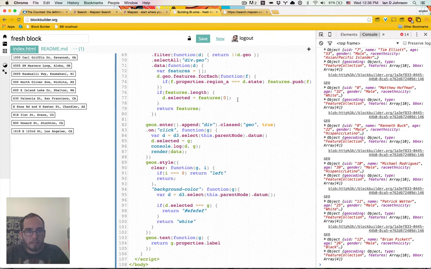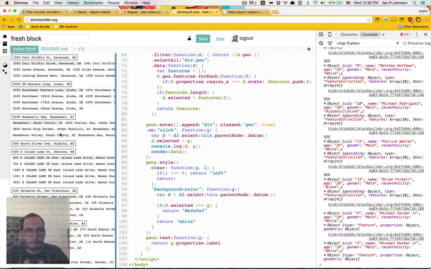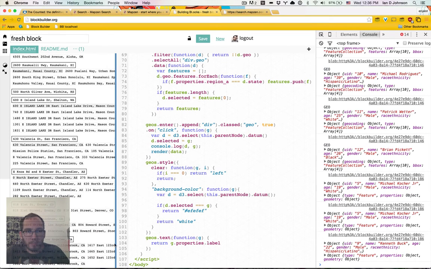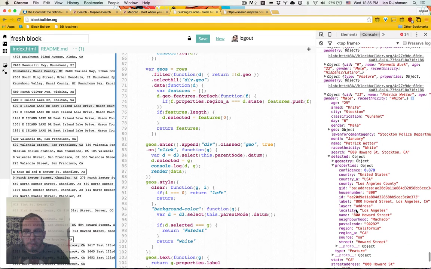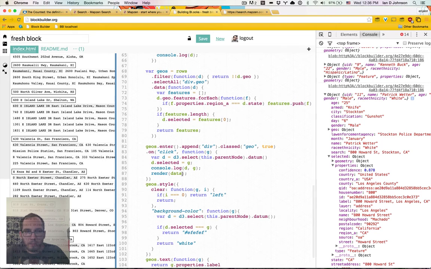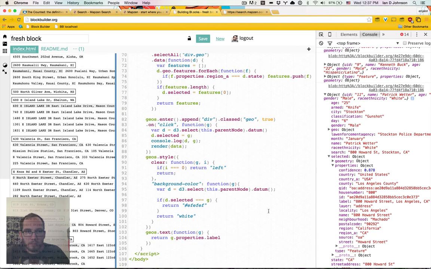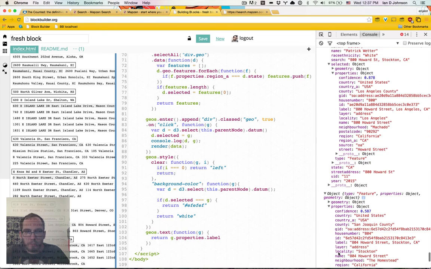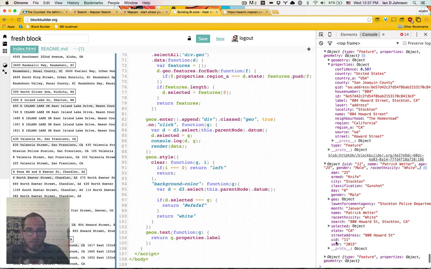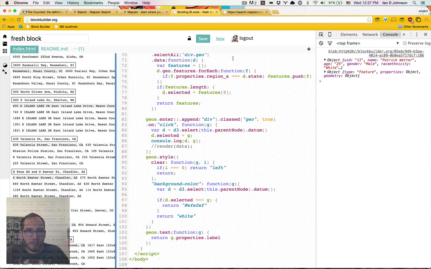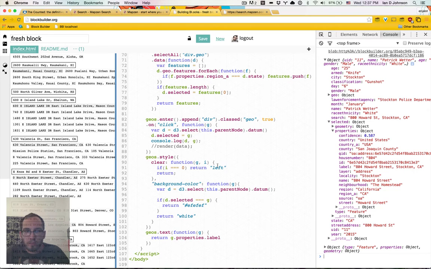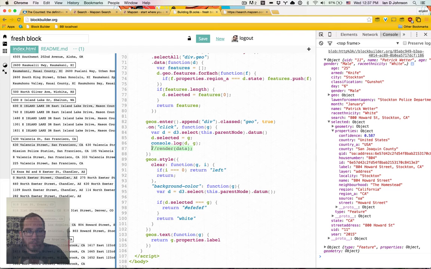So now when we click on a child, we need to re-render with the updated data. So we've got a little bug here where I'm rendering with the data, and it seems like when I click, it didn't update the selected element for some reason. So I'm clicking on different addresses. I get the proper child data, but it's just not updating the deselected. So instead of rendering it directly there, I want it to... okay, there it worked when I didn't re-render. So that's a good sign. So instead of rendering there,